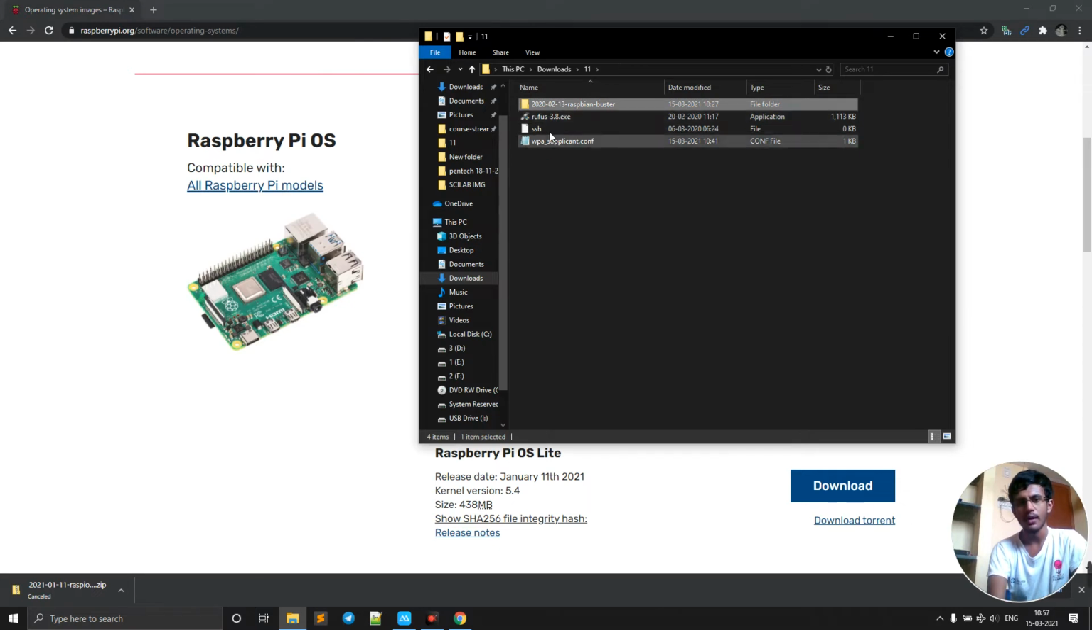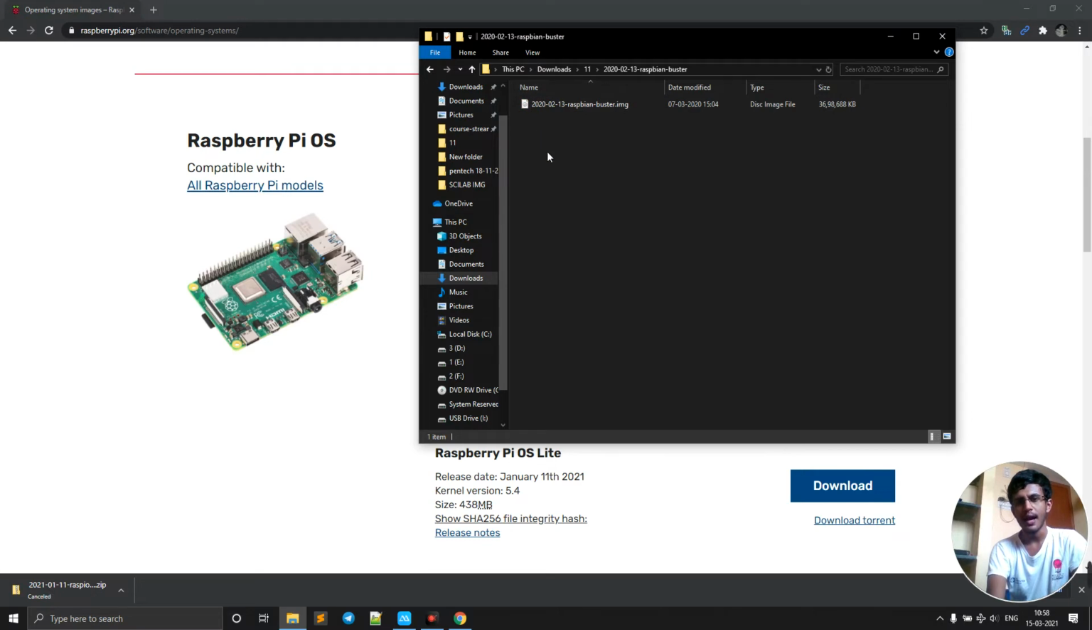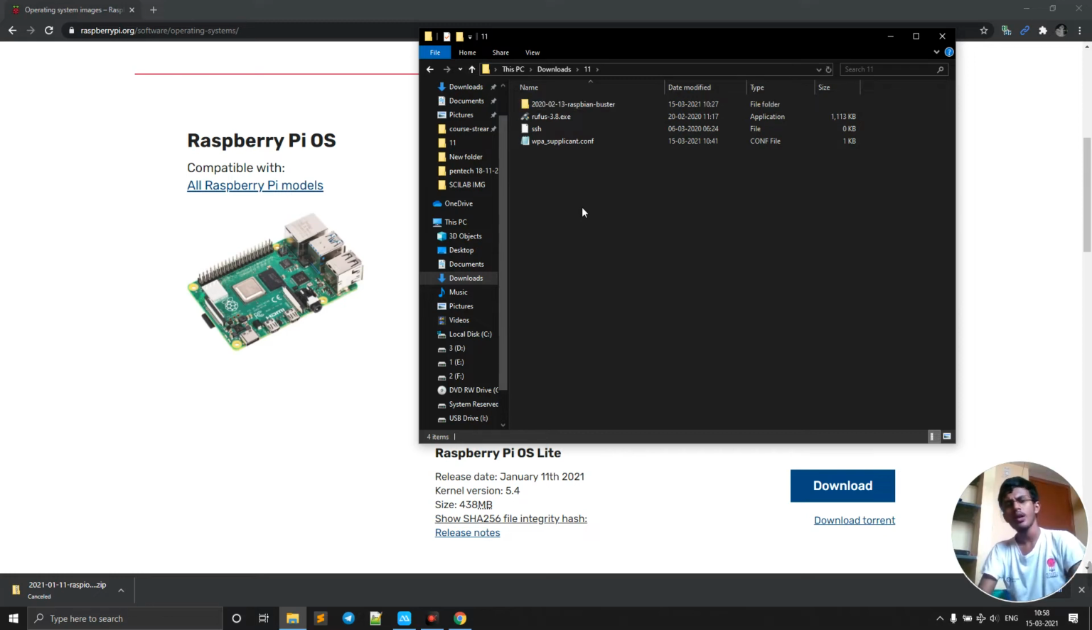Okay, don't look at these three, only this one you will get, that is the Raspbian Buster, and inside that Raspbian Buster.image. This one we will get, that is the image file that we need to burn. So for that,